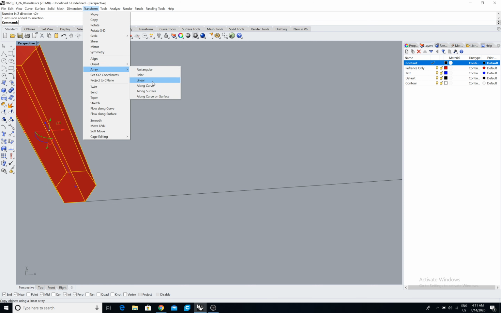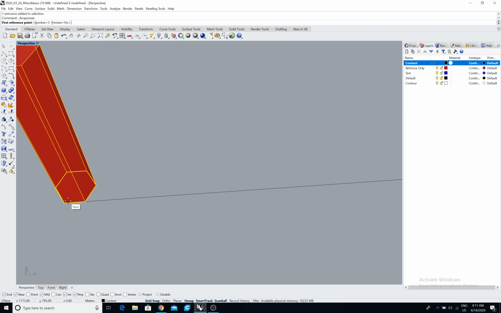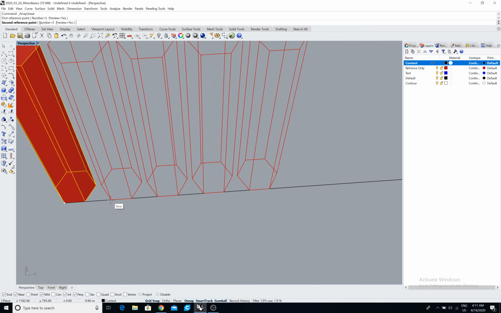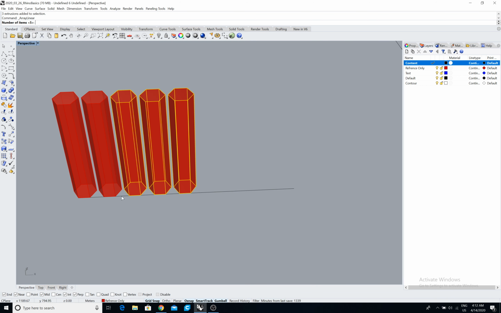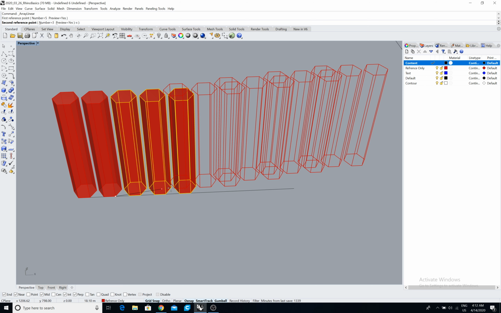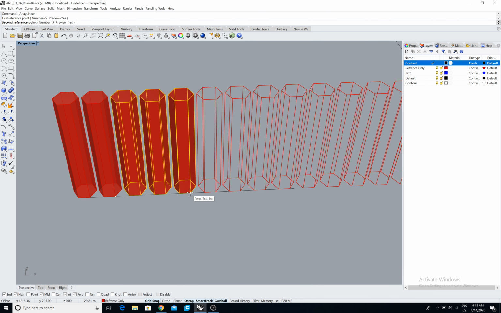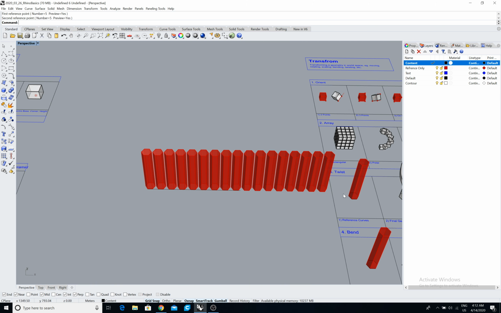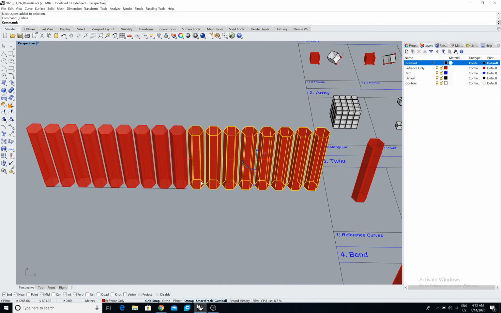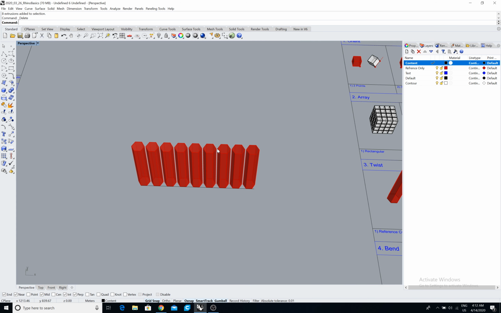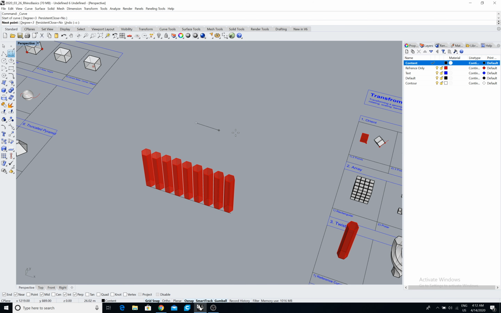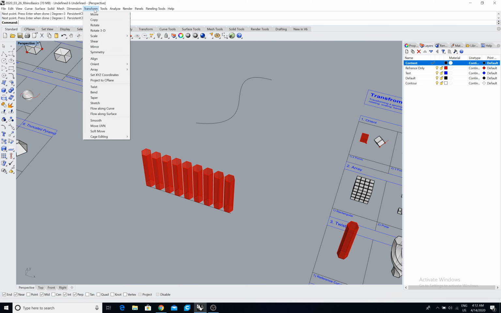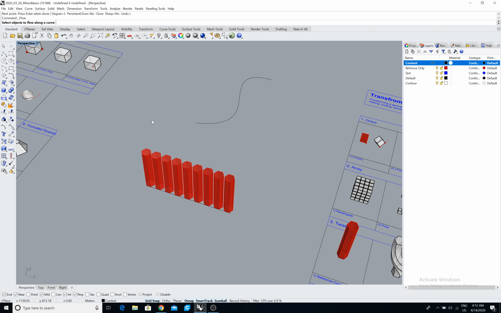Transform, array, linear. Okay, so let's say I have this geometry and I would like to follow it along this particular curve. In that case what I could do is transform, follow along curve, select the object that I would like to,